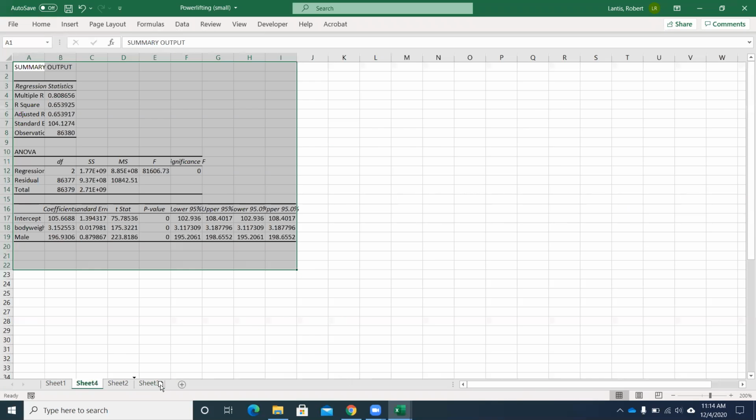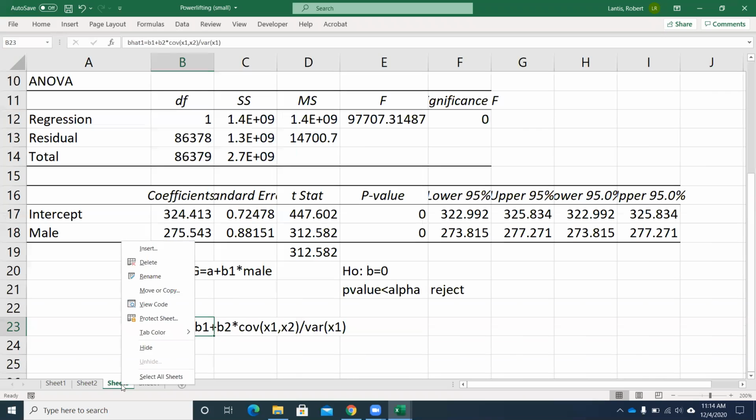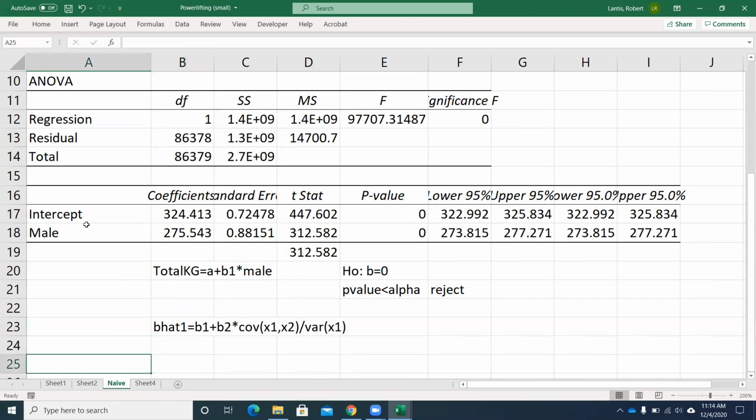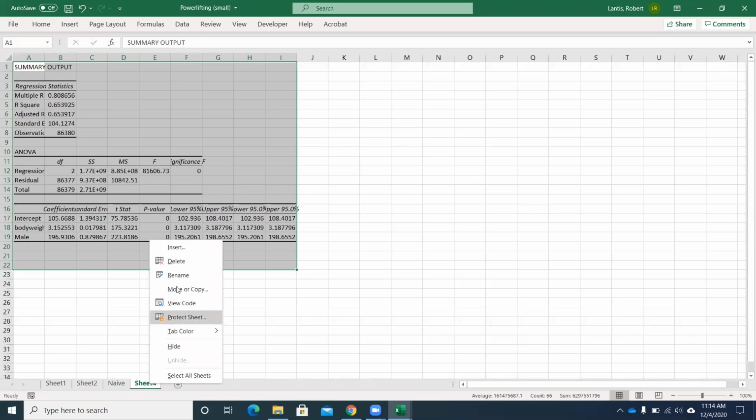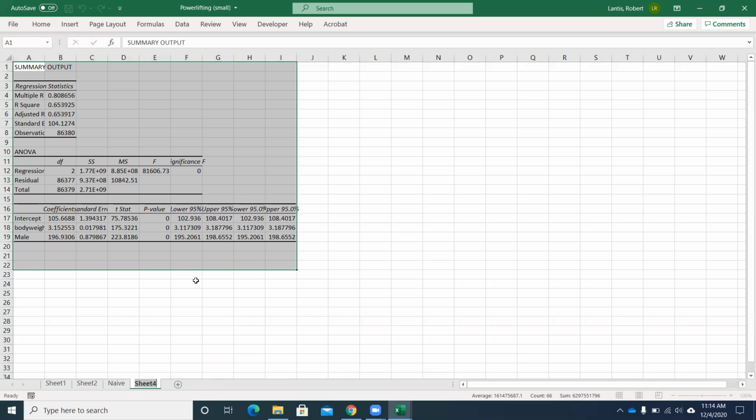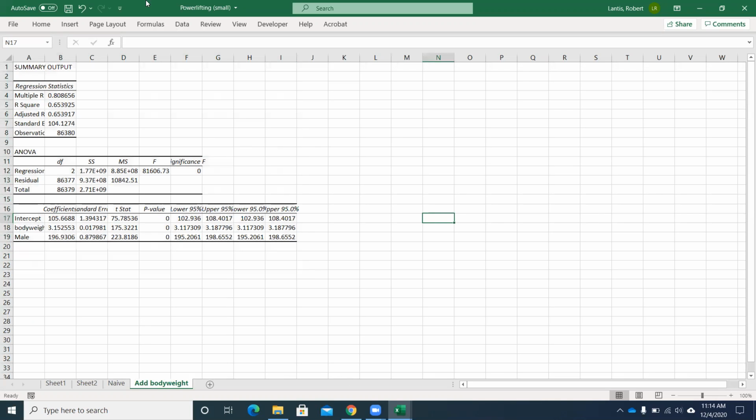So we can think about that first regression we ran. Let's call that our naive regression. We only included one variable. We had a lot of other stuff we knew probably mattered, but we didn't include it. Here, we added that body weight variable. And what we can see, if we zoom in here,